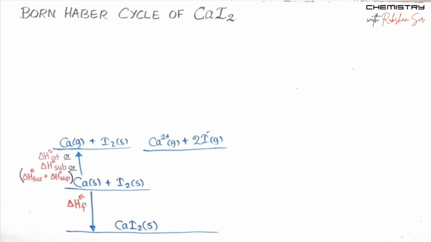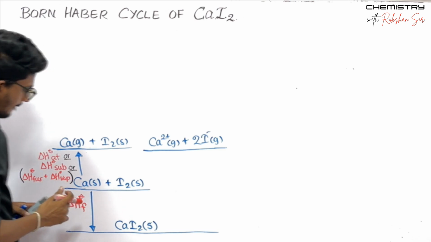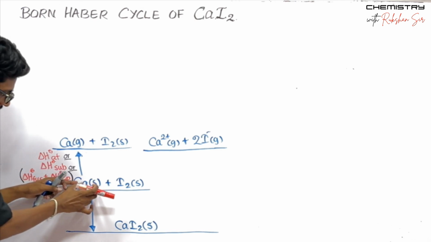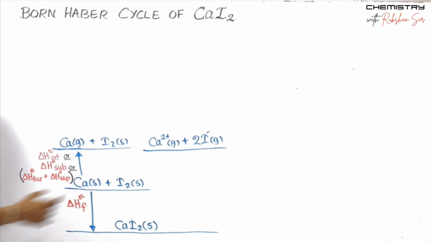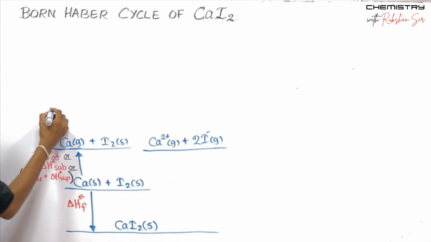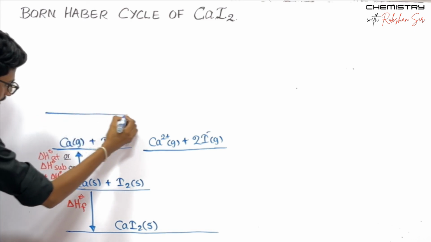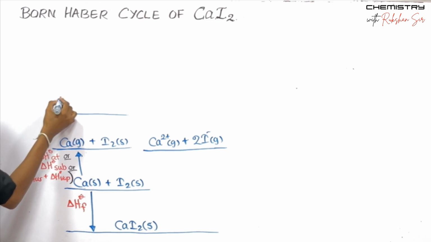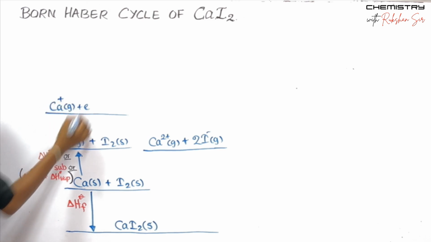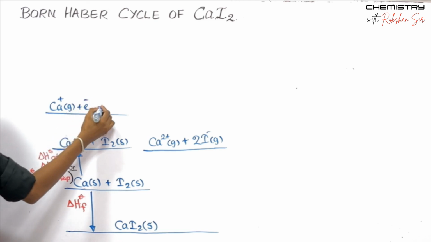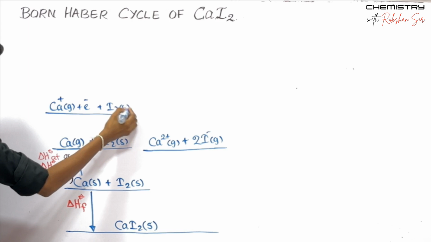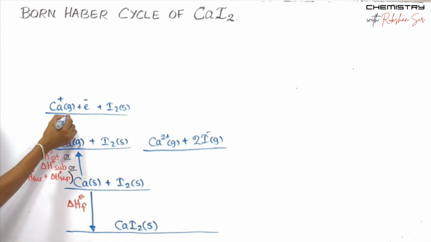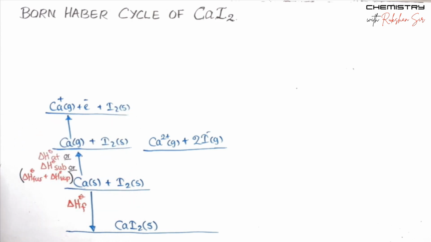So we had converted the calcium solid to calcium gas. So we need to go towards here. Now we can apply the ionization enthalpies, because now we are with the monoatomic gaseous form. So we can convert this calcium gas to Ca+ gas by releasing one mole of electrons like this. The I2 solid still appears as it was right there. So this change can be done by applying